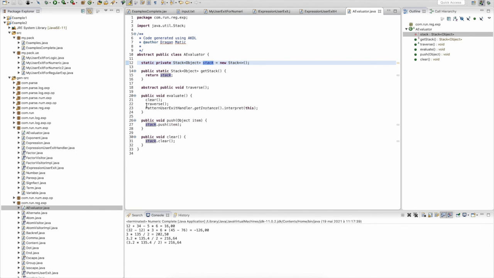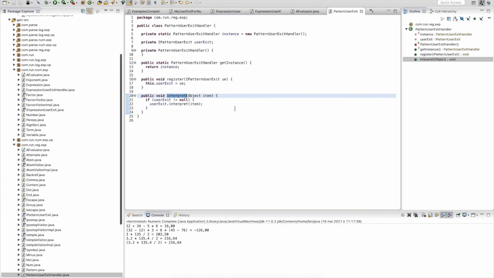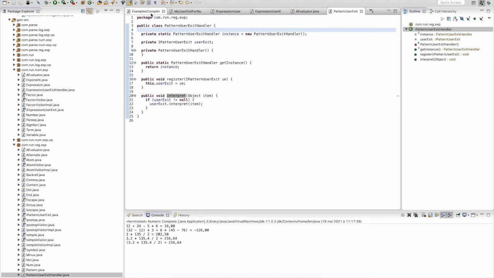And at the end, you will be called by this method if you have registered it. So if we run that, we will see